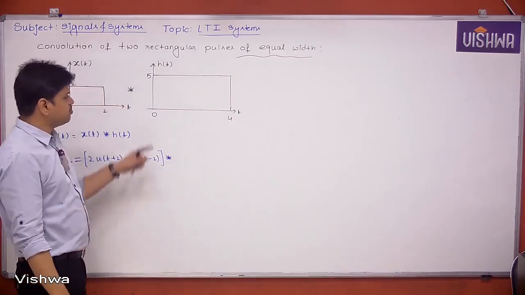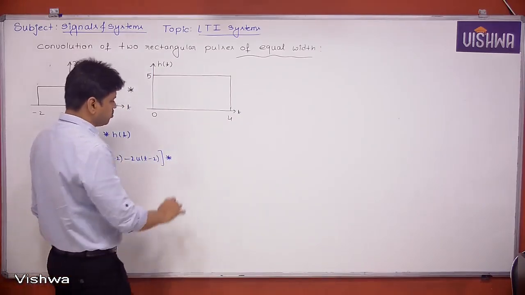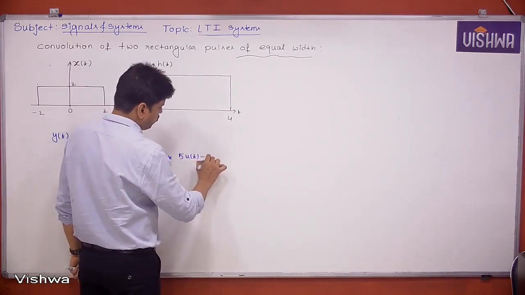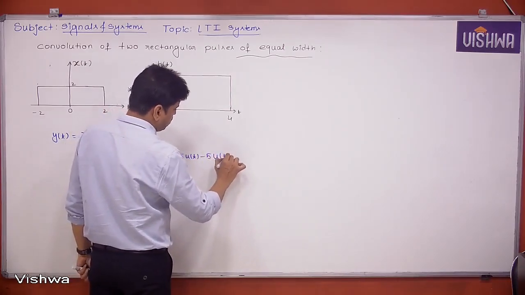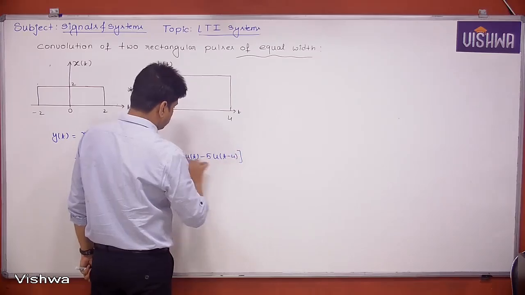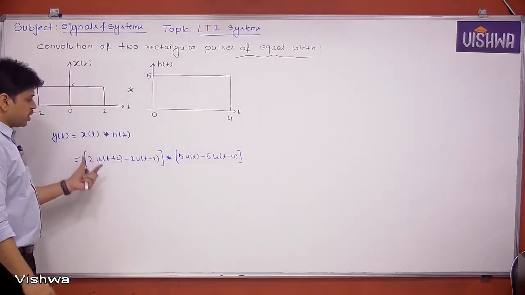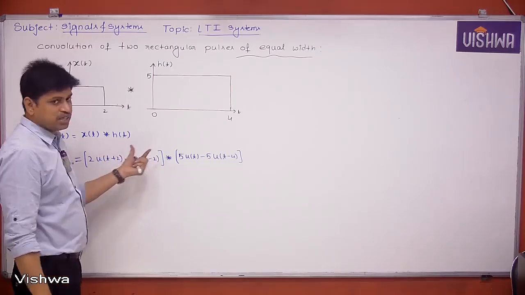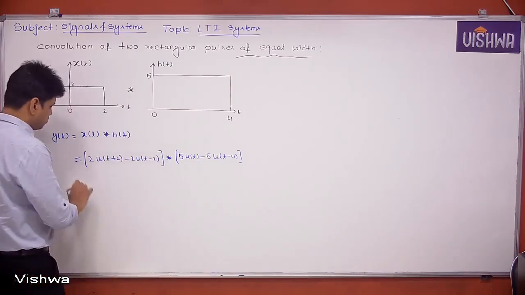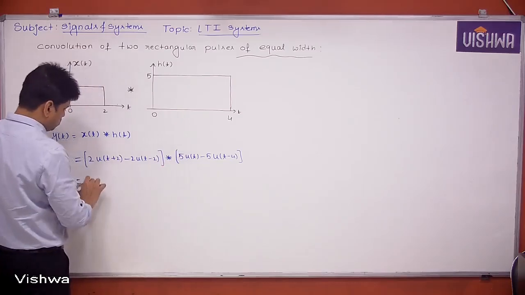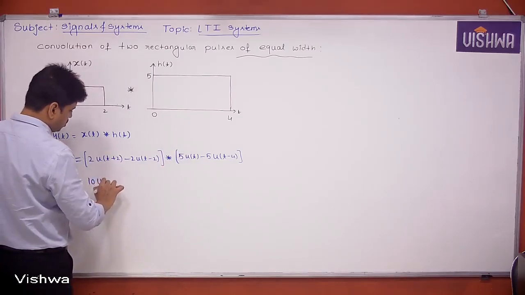What is h of t? At 0, we are having a jump of 5 u of t minus 5 u of t minus 4. Okay. Now we have to do the convolution, and we are having the distributive property. If I do that, 2 u of t plus 2 convolution with 5 u of t, 10 u of